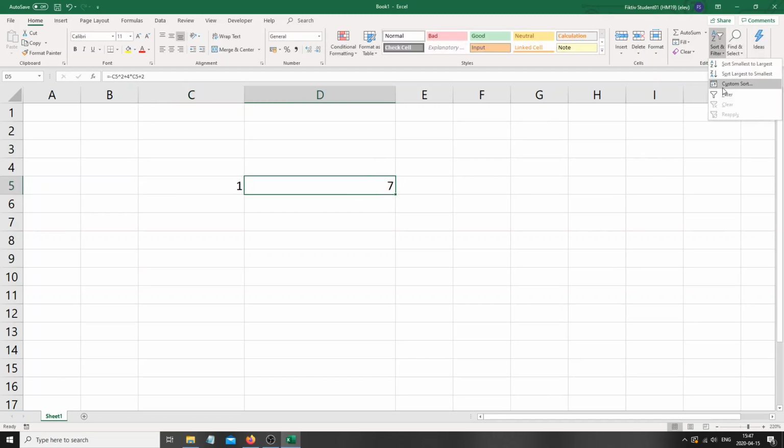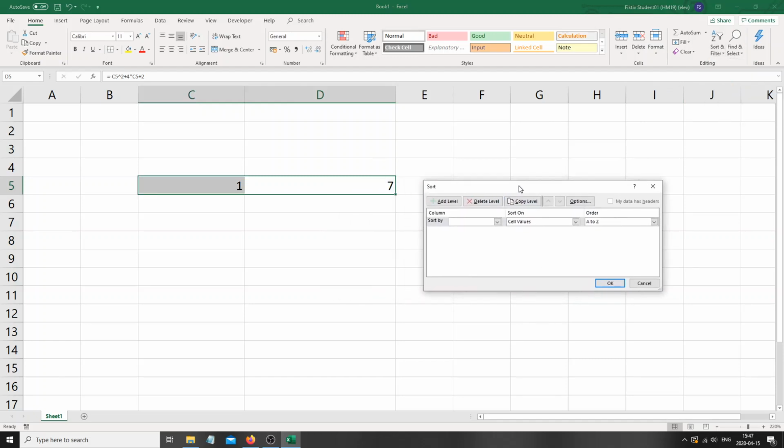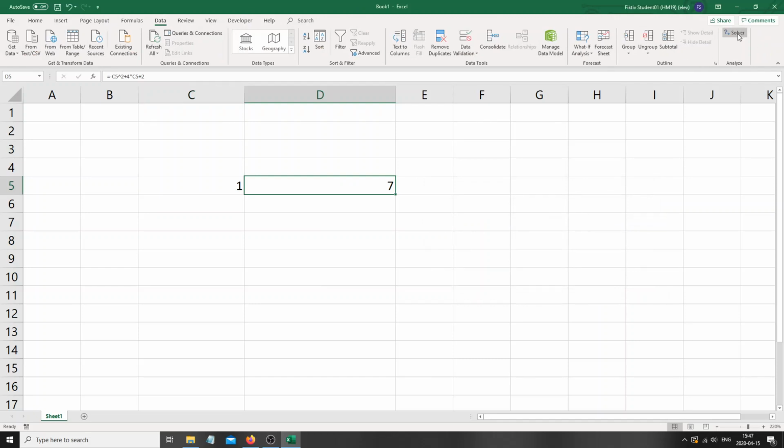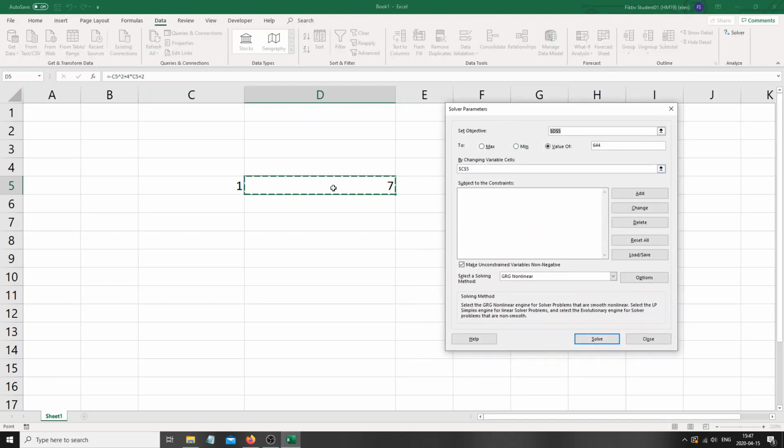So go to sort and filter, custom sort. Oops, no, sorry, my mistake. We go to Data, we go to Solver, and we set this objective, find the maximum of it. So not a specific value, just see if you can find a maximum by changing that cell. And we see we have the previous settings saved here. Press solve,